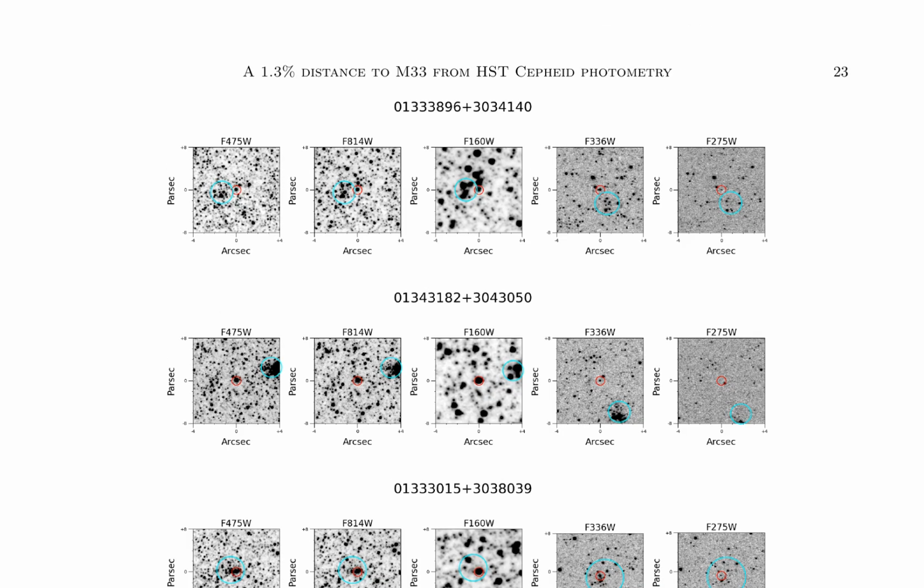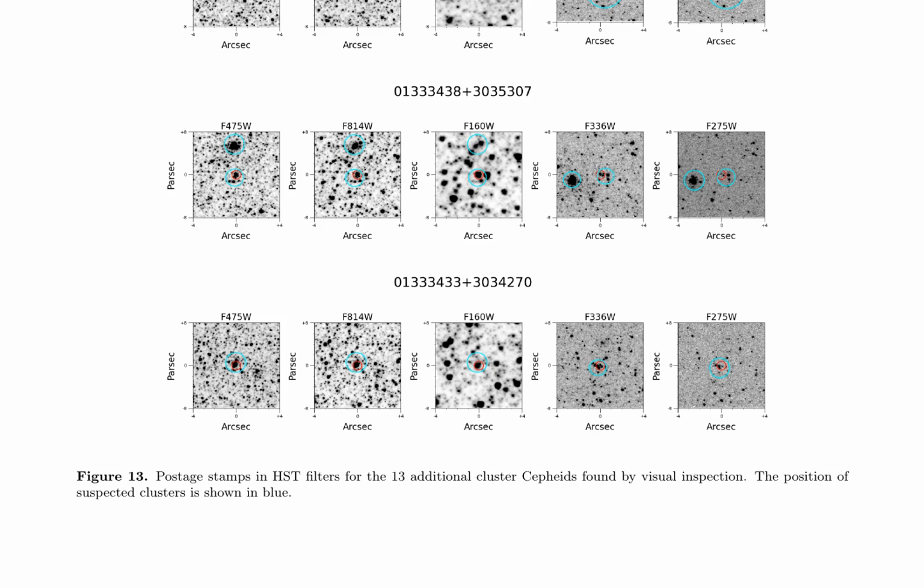The Hubble Space Telescope, HST, Cepheid photometry yields a distance to M33 with a precision of 1.3%, which is a significant improvement over previous estimates. This achievement is attributed to the identification of 13 additional cluster Cepheids through visual inspection, as presented in Figure 13. The figure showcases postage stamps in HST filters for these newly discovered Cepheids, with the position of suspected clusters highlighted in blue. The continuation of Figure 13 is presented in Figure 14, which further illustrates the identification of cluster Cepheids. The use of HST filters enables the detection of Cepheids in crowded regions, which is crucial for accurate